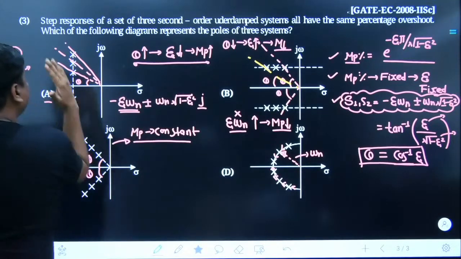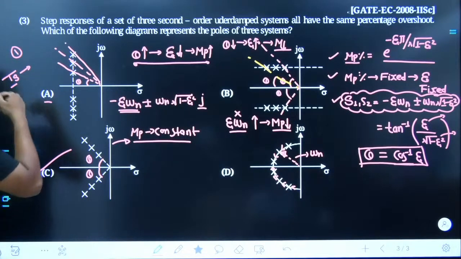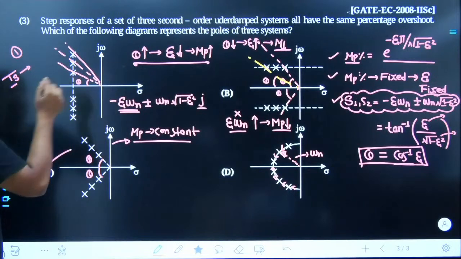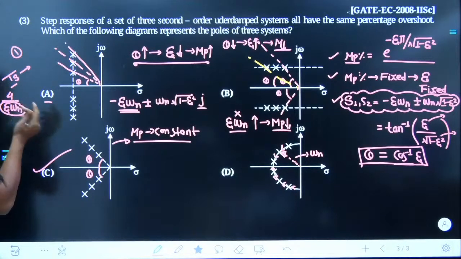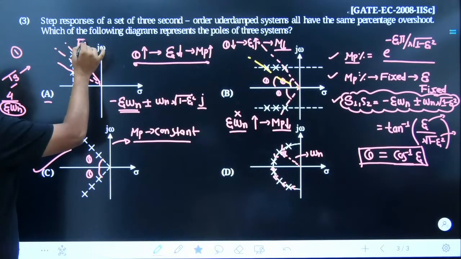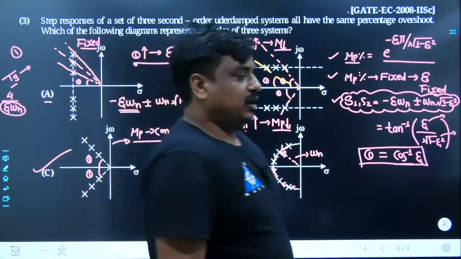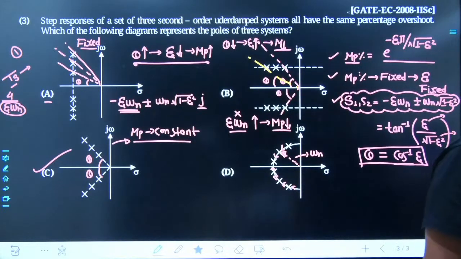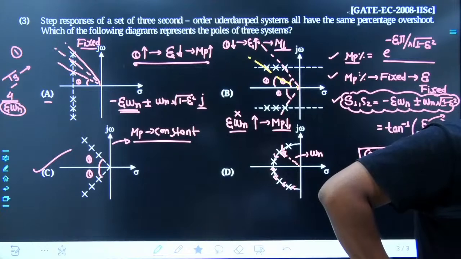If the real part would change, it would dislocate towards the left or right hand side. If zeta omega n is not changing, what is the settling time with 2%? It is 4 divided by zeta omega n. The zeta omega n itself is not changing in that case. How can you expect that settling time would change? No sir, the settling time would remain fixed. So many good questions can be designed based on this problem itself. Ts will not decrease, settling time would be constant. Obviously, settling time is simply going to be constant.